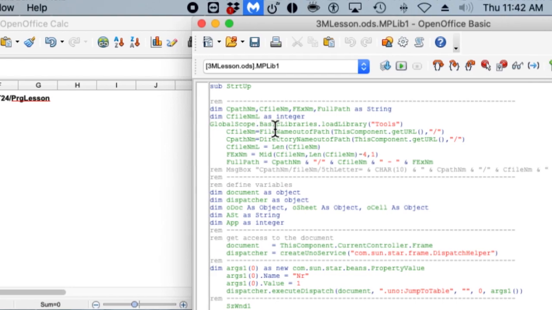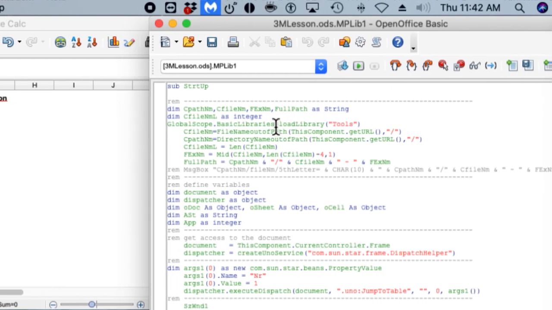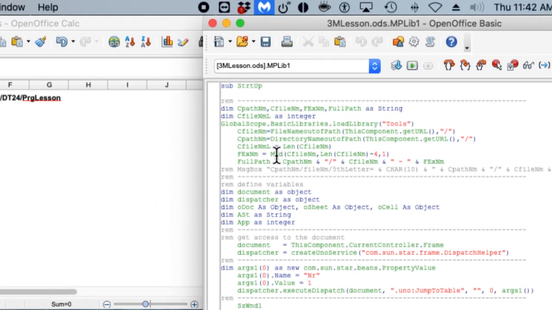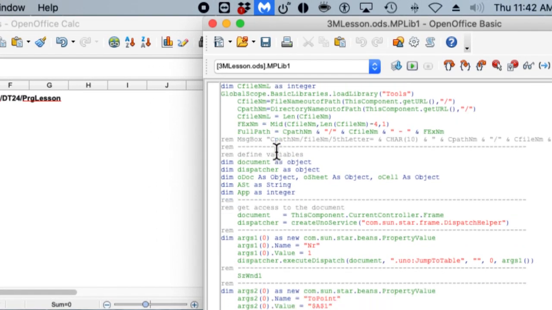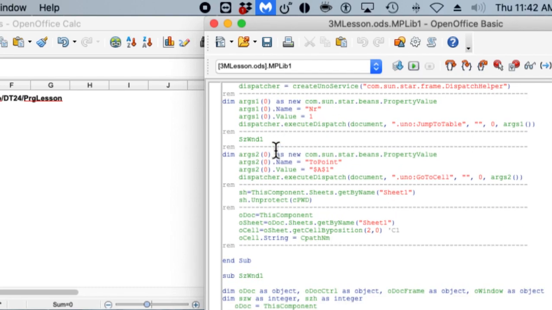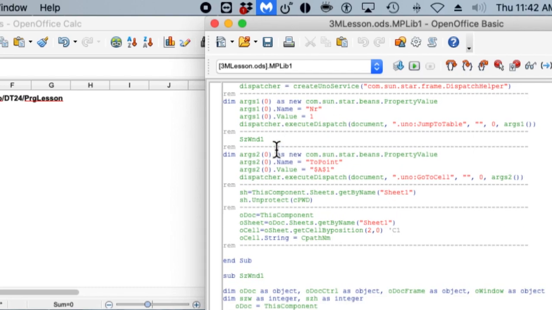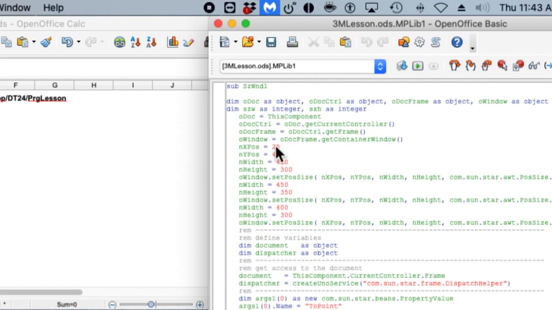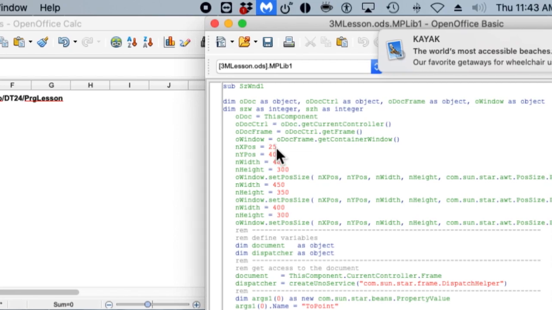And that required a call to a tools load library that isn't automatically loaded by Apache OpenOffice. Then there was a size window routine that positioned